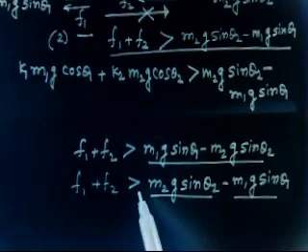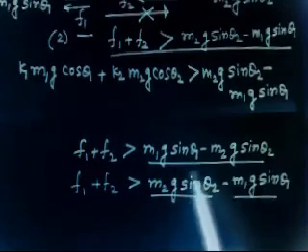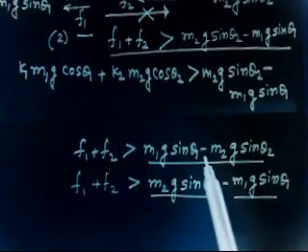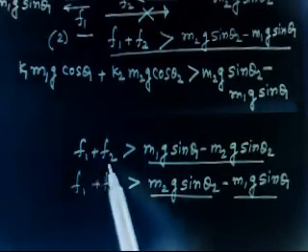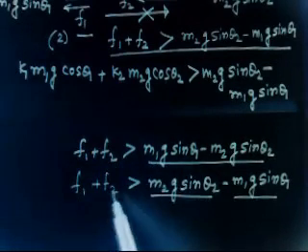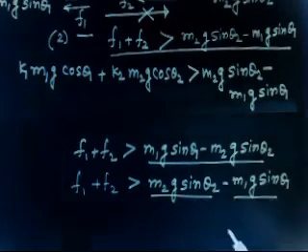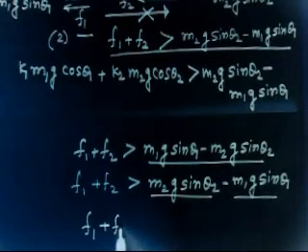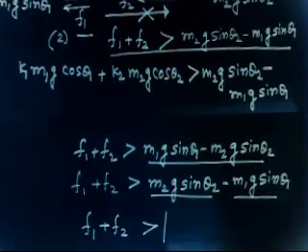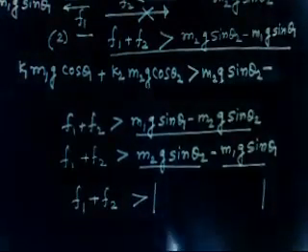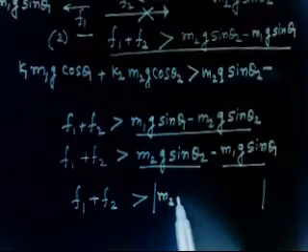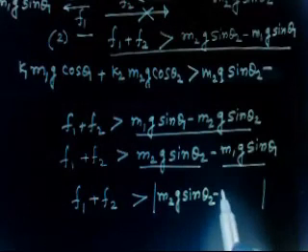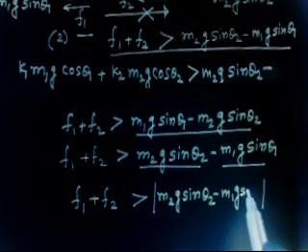So I can say, let us say after calculating, this number comes out to be minus 2, so this will come out to be plus 2. So F1 plus F2 is greater than 2, and F1 plus F2 is also greater than minus 2. I can combine these two inequalities. I can write F1 plus F2 should be greater than the mod of these two. That is enough. If I write the mod of M2 g sin theta 2 minus M1 g sin theta 1,